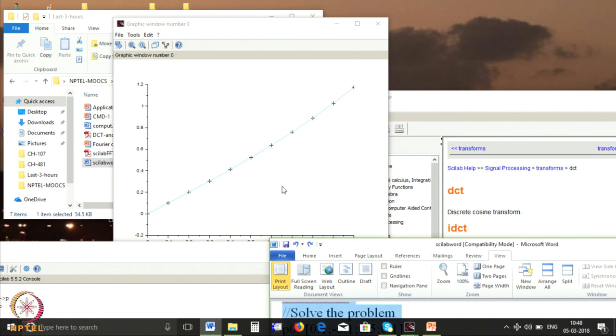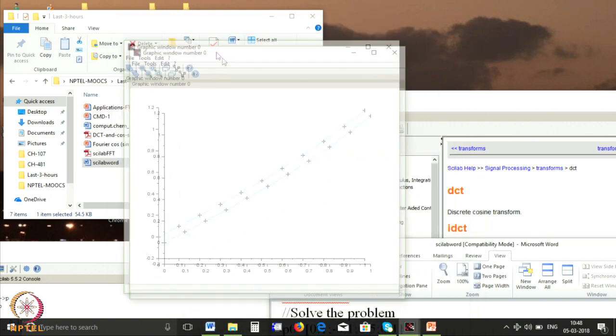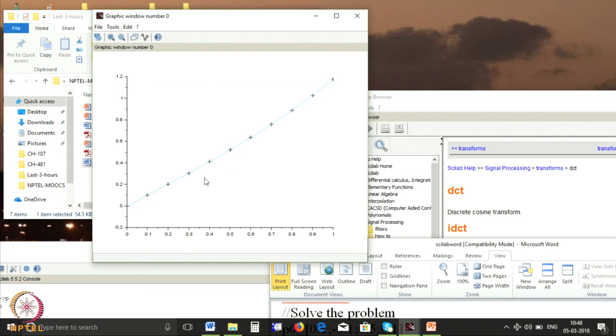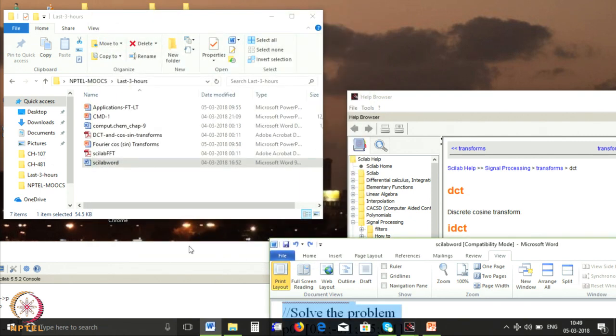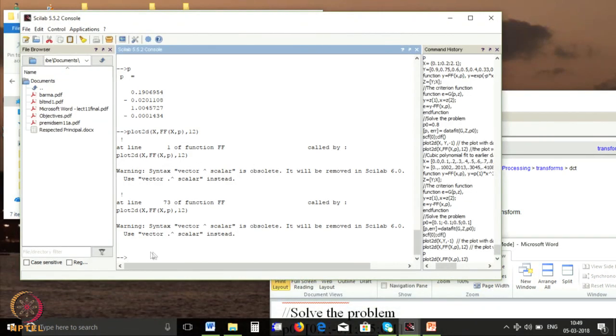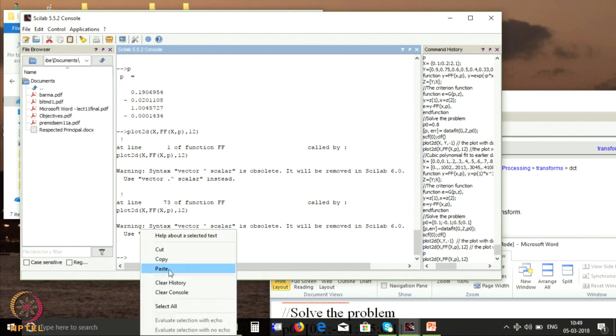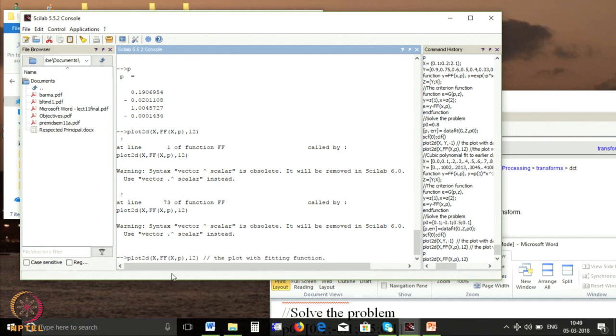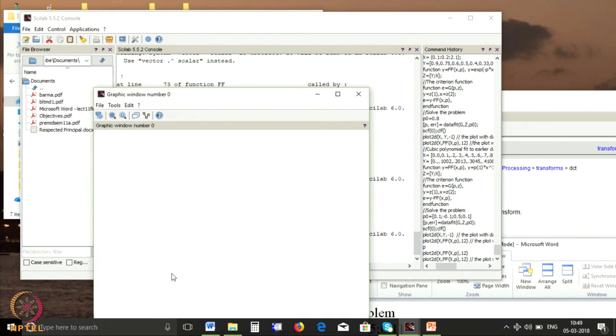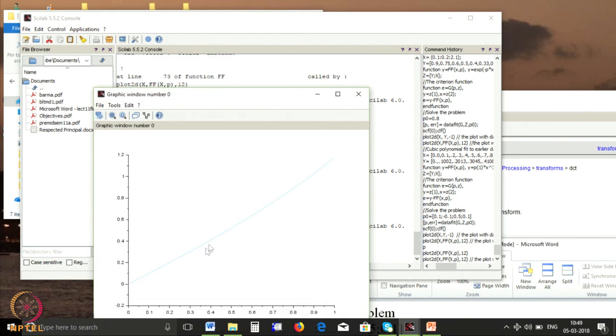Yes, I think it has plotted. This is my fit. It just appeared somewhere else. So, one thing we have to do is keep trying again. It has plotted, it is the fitted function.